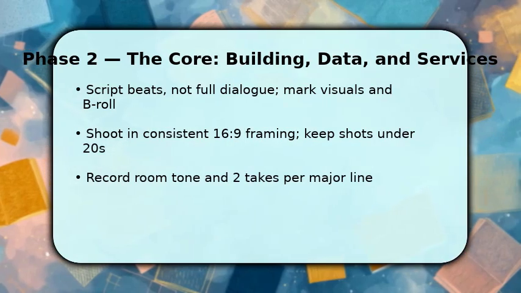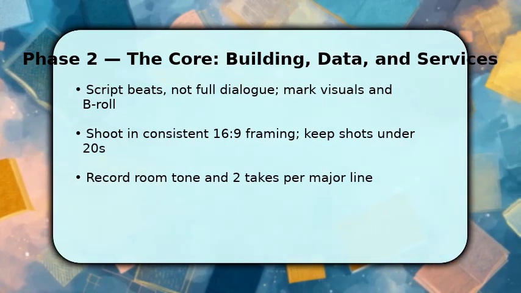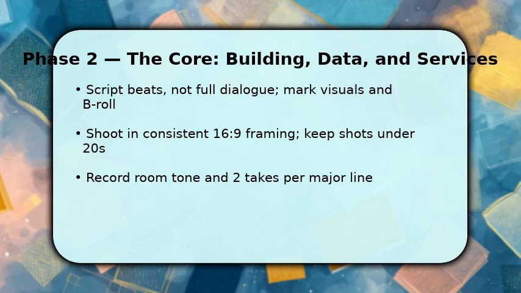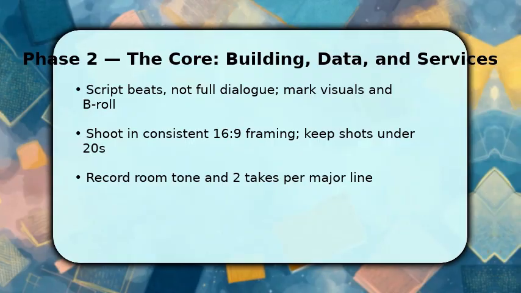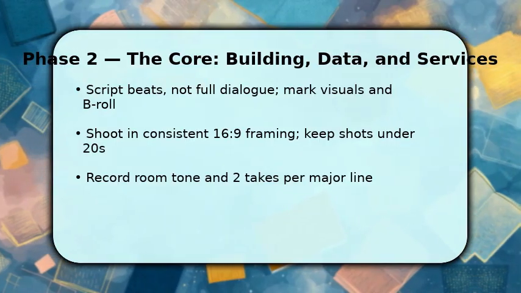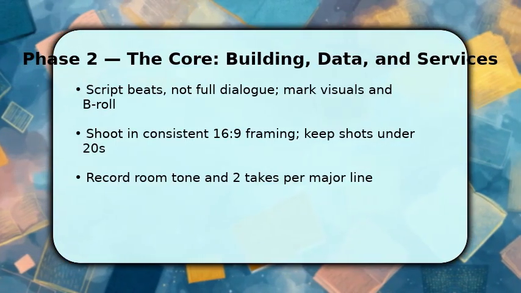You move into production with a beat-based script. Outline beats, visuals, and B-roll instead of reading full dialogue. Once done, block shots in 16:9 and aim for variety: wide, medium, close, and keep individual takes under 20 seconds